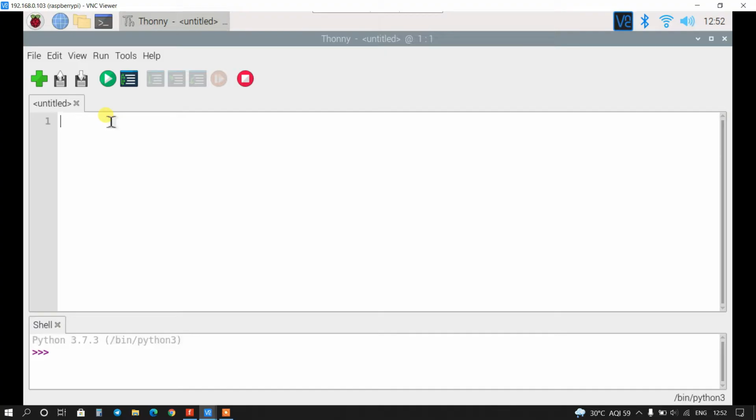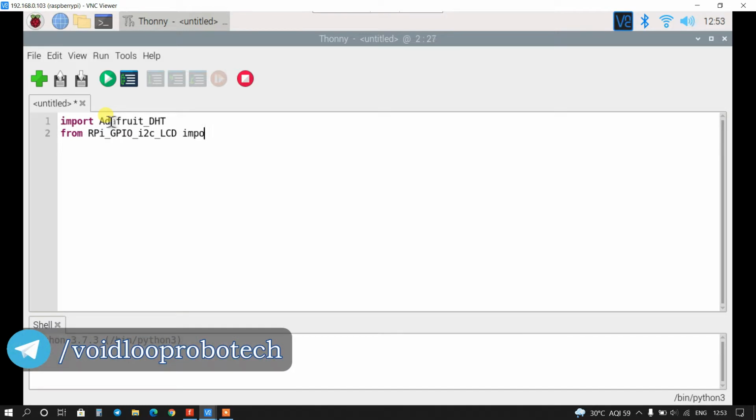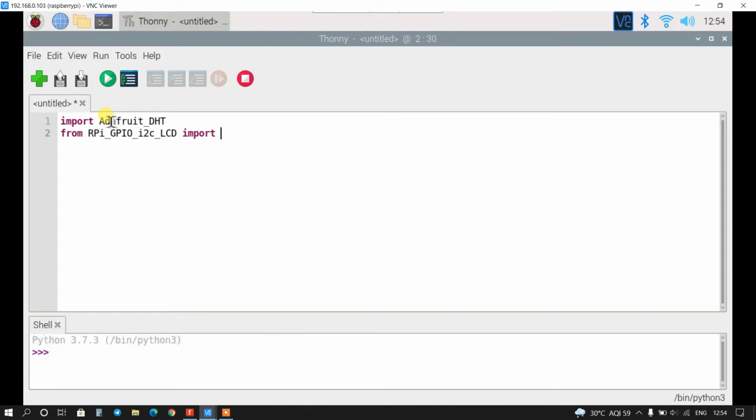So first of all I will import the Adafruit DHT library: import Adafruit_DHT. And I will import the LCD class from the RPi_GPIO_I2C_LCD module: from RPi_GPIO_i2c_LCD import LCD.